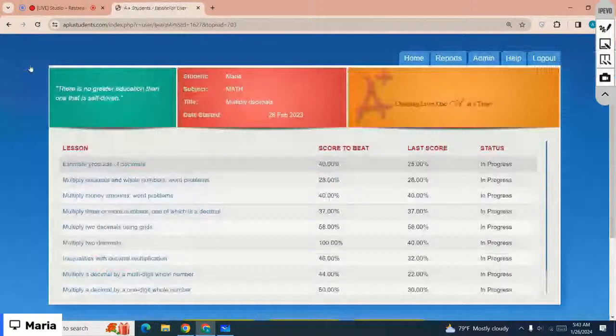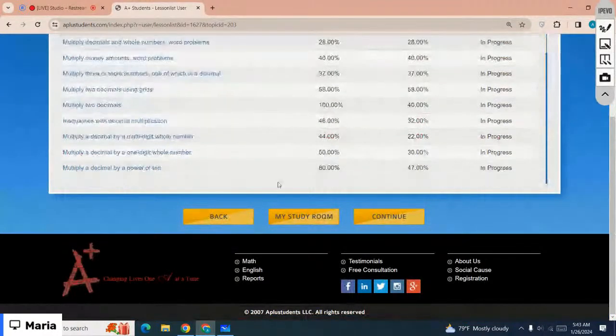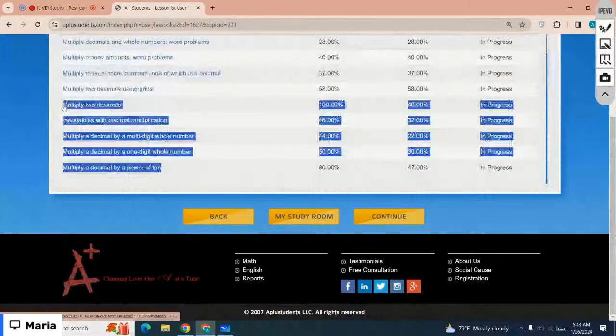So we're working on grade 5 math. The lesson we're working on is multiply decimals, and the lessons we have covered are multiply two decimals, inequalities with decimal multiplication, multiply a decimal by a multi-digit whole number, multiply a decimal by a one-digit whole number, and multiply a decimal by a power of 10. So please make sure before the next session you complete all the practice questions for the lessons we just did. So if you need more help with any of the lessons,